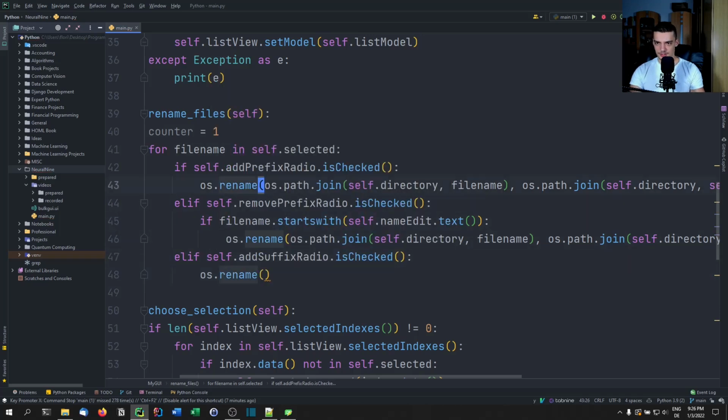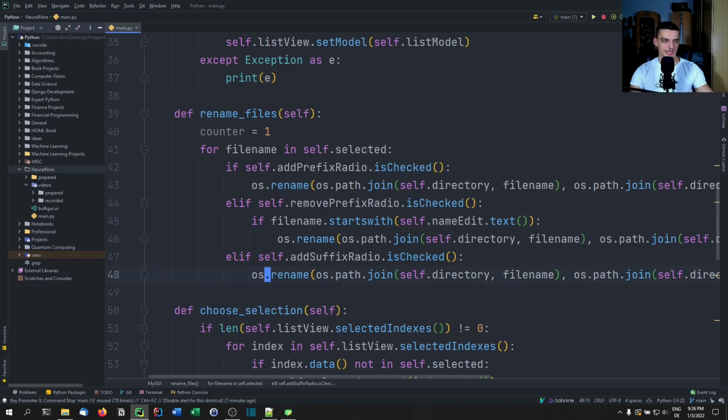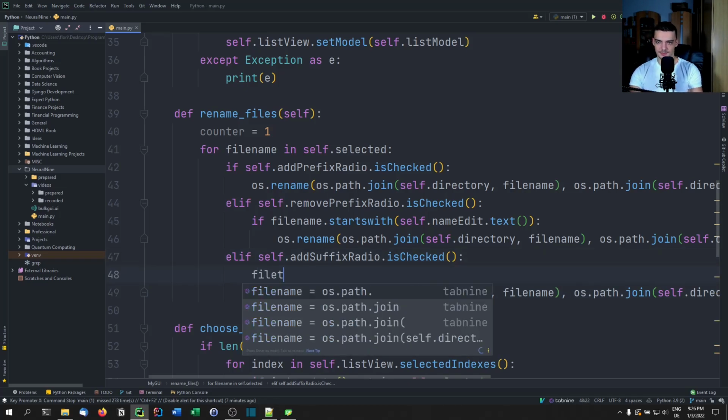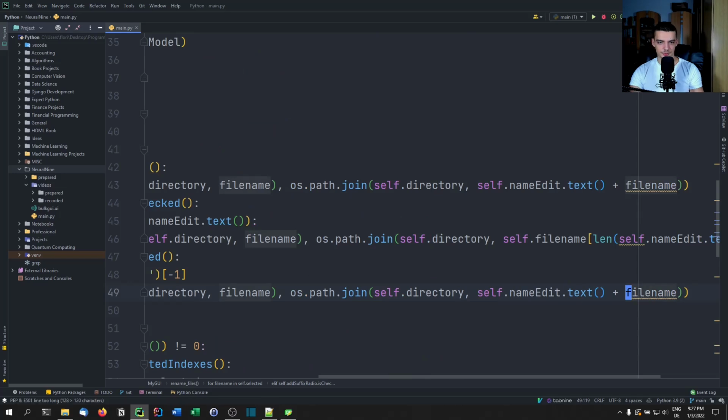Then we have elif self.addSuffix radio is checked. If that is the case, we're going to say OS rename. And essentially we can copy the prefix stuff here, but actually we cannot copy it because we need the file type. We need to consider the file type. So we need to say file type equals file name dot split on a point, and we want to get the last result again. So this is the file type, and then we rename the current file to,